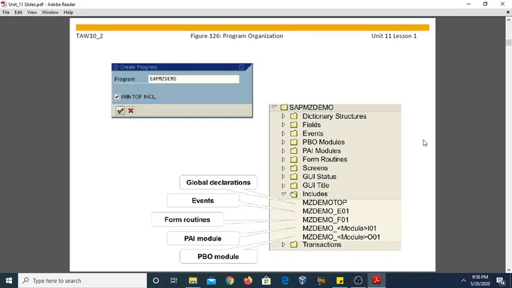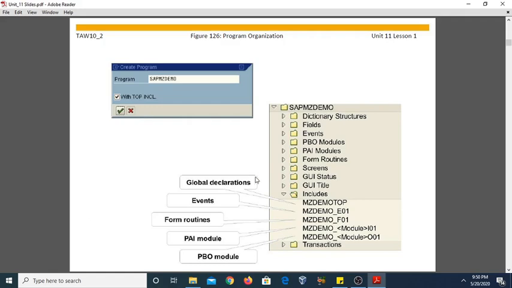Now, how can you create this include program? The process is the same as creating an executable program as well as a non executable program, but we need to include this with the top include sign. When you check it and then click OK, it will create your include programs, by which you can also create the structure programs, and these are sometimes called structure programs.